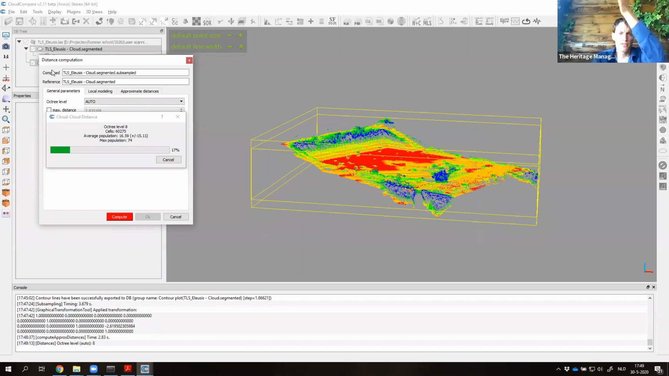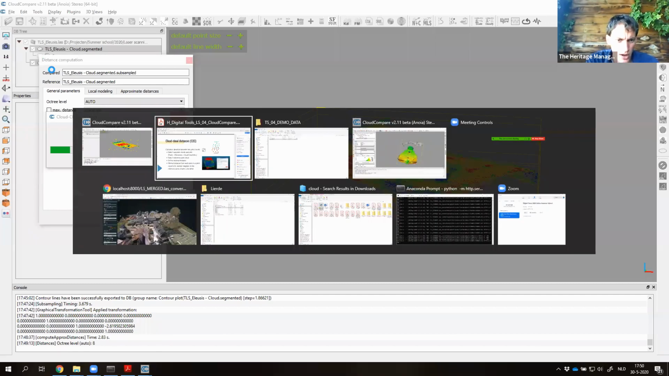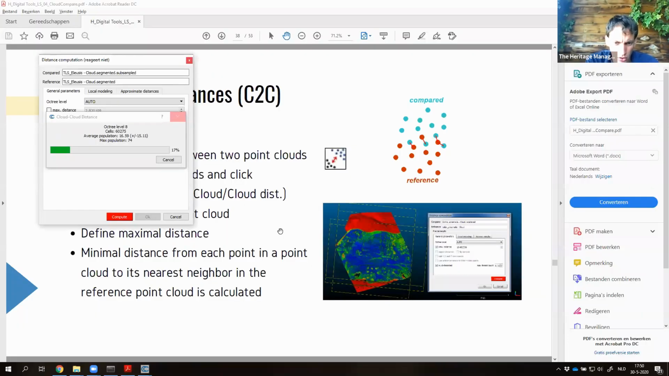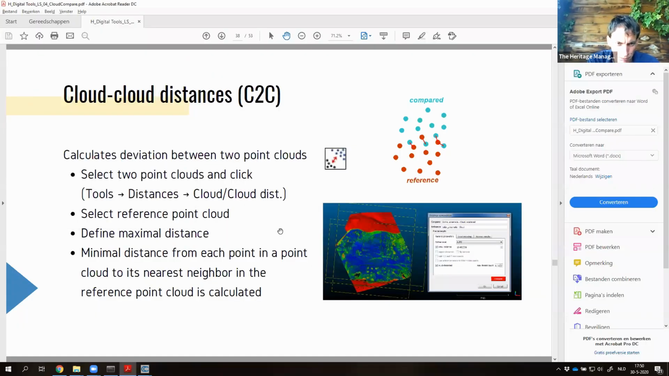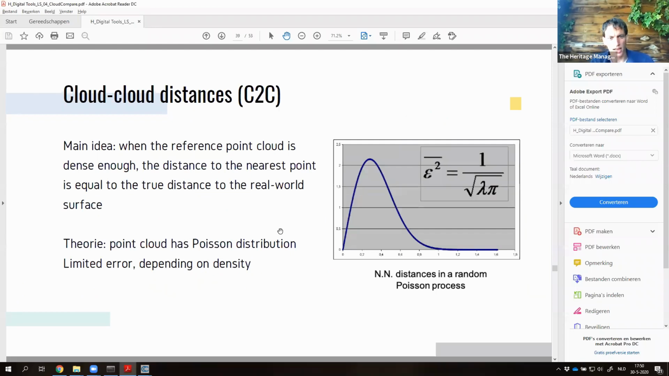deformation on my archaeological site, or if I have a structure and there has been some erosion, some chemical erosion taken place, then you can use these kinds of analysis to say something about the quantity of these processes. While it's calculating, I will continue my discussion on this one, because the problem that you